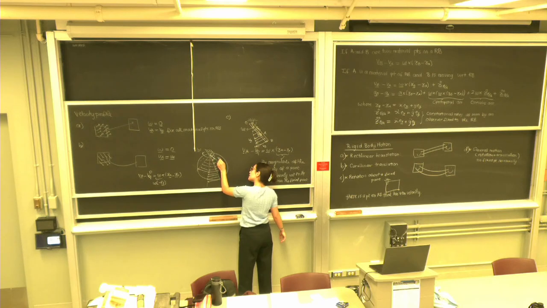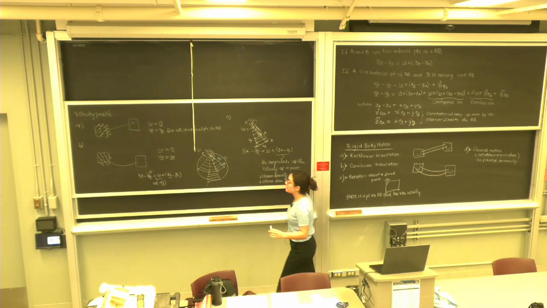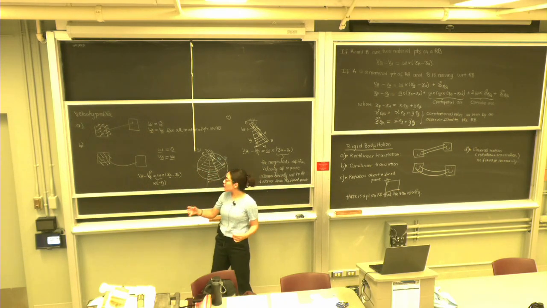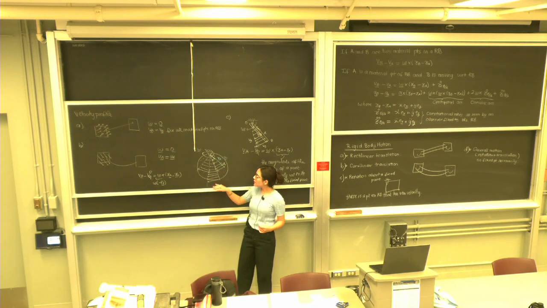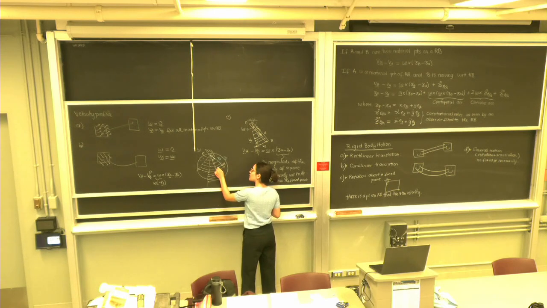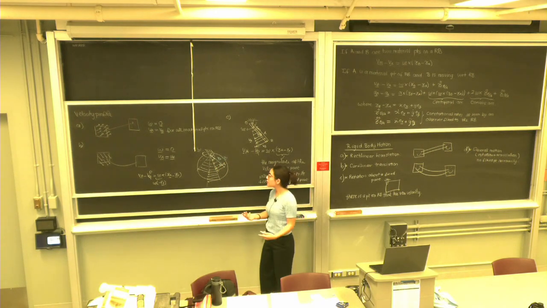That's XA minus XO, right? So we know that VA, which is omega cross XA minus XO, because of the cross product, VA is perpendicular to omega, so it's in this plane, but it's also perpendicular to XA minus XO. So that's why VA is like that. Okay? And if I were to look at point B,